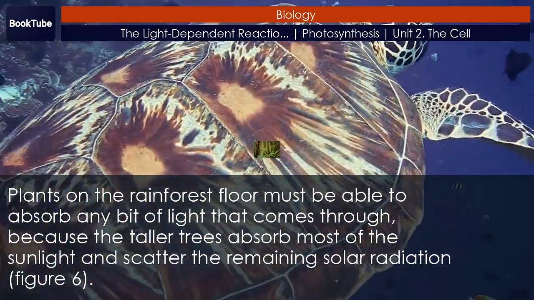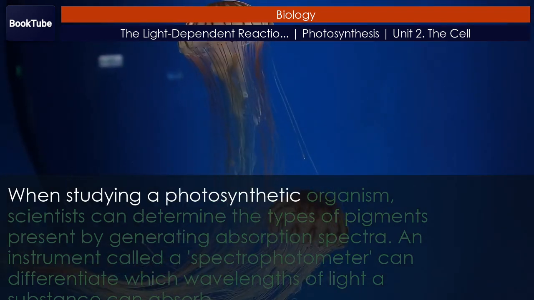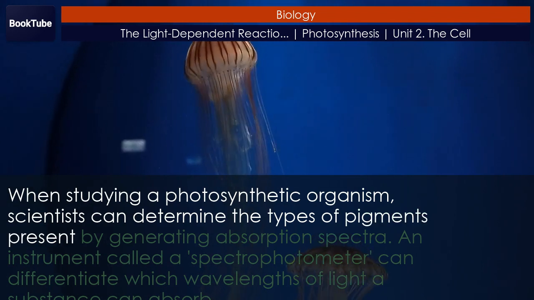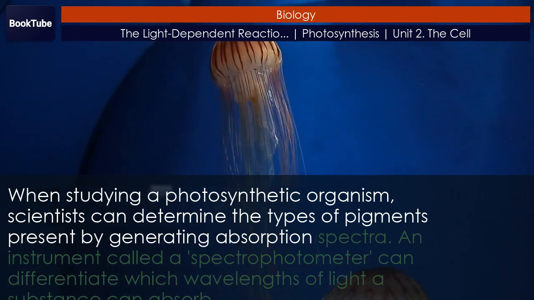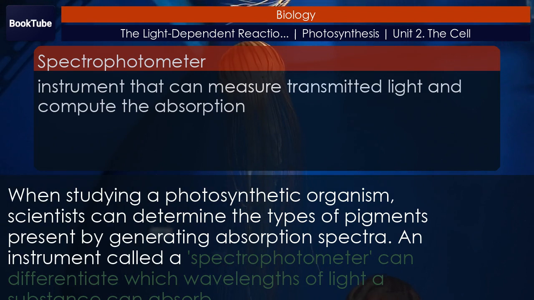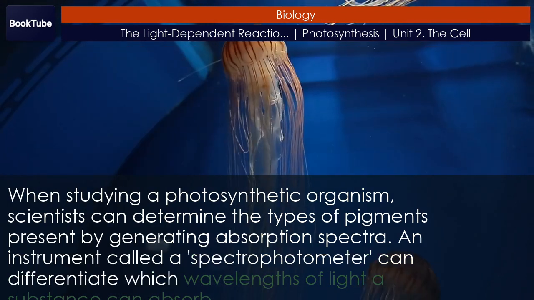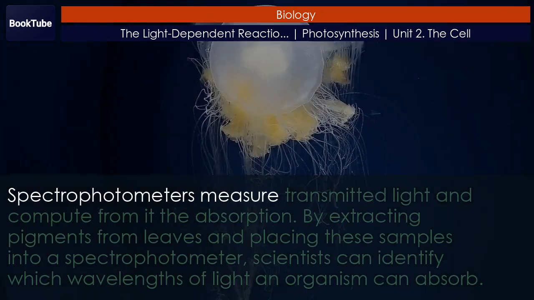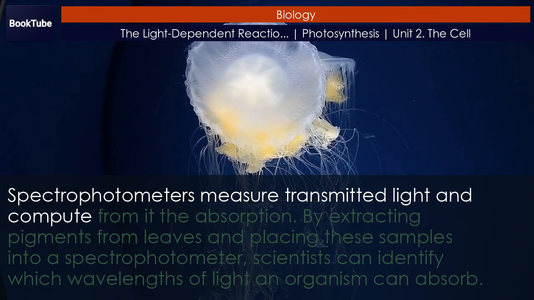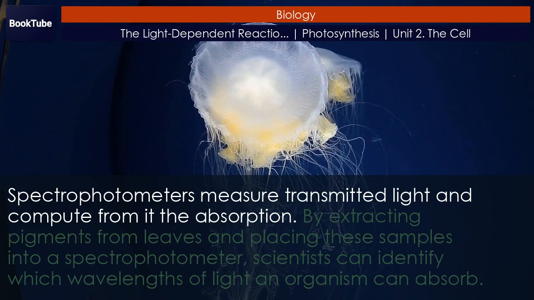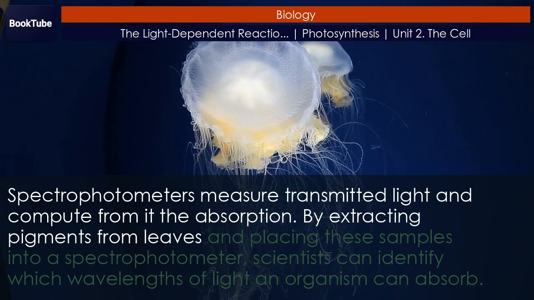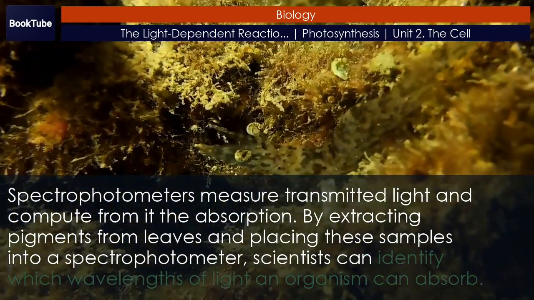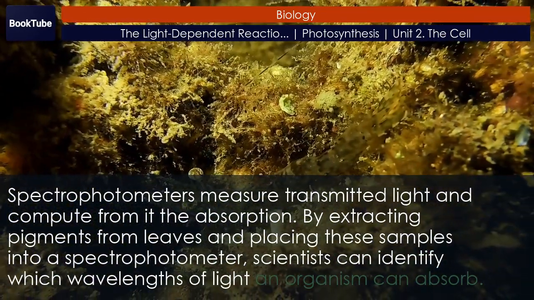Figure 6. When studying a photosynthetic organism, scientists can determine the types of pigments present by generating absorption spectra. An instrument called a spectrophotometer can differentiate which wavelengths of light a substance can absorb. Spectrophotometers measure transmitted light and compute from it the absorption. By extracting pigments from leaves and placing these samples into a spectrophotometer, scientists can identify which wavelengths of light an